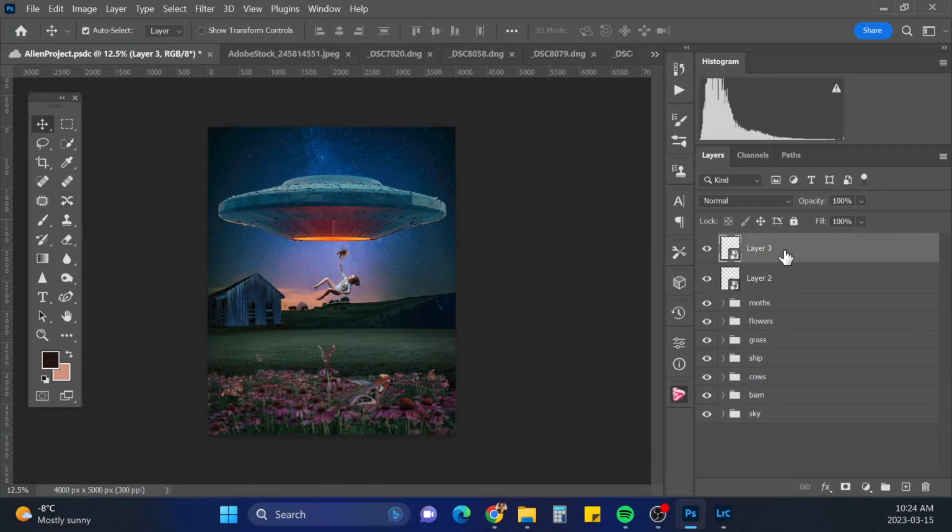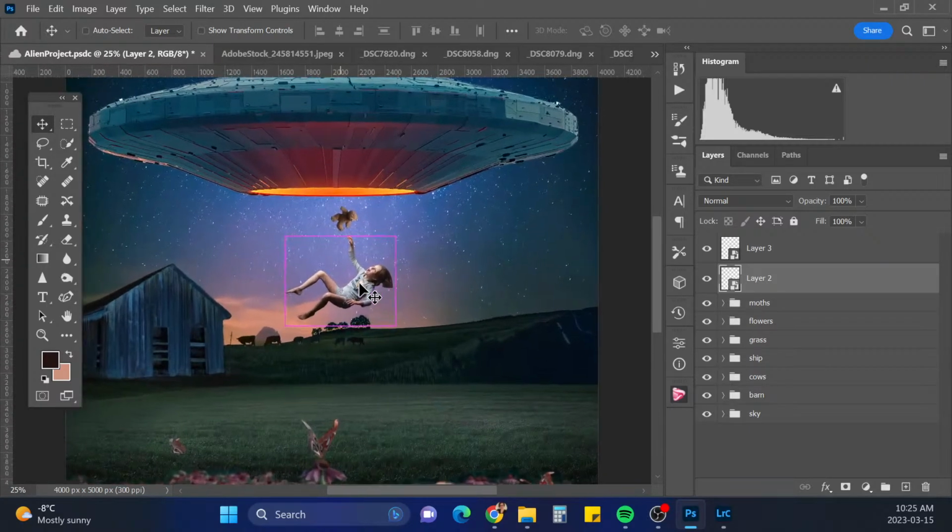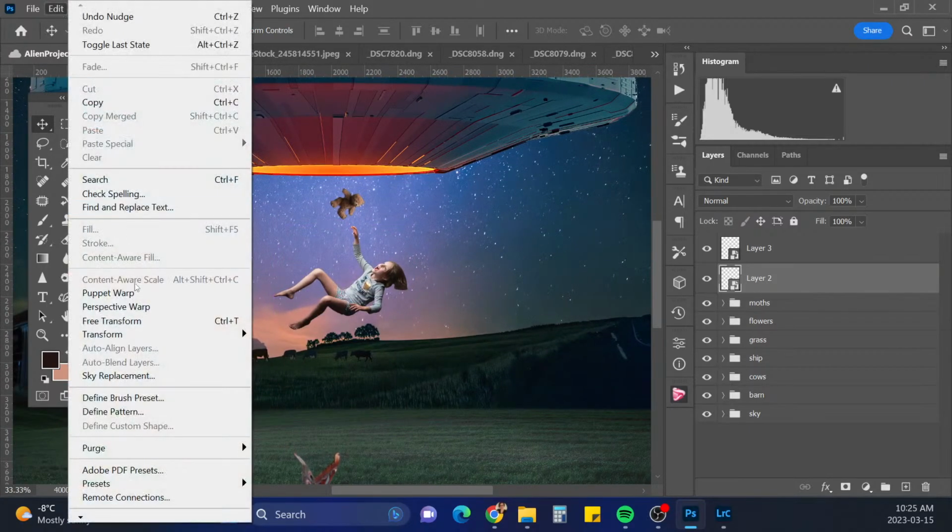And Teddy. I'm probably gonna have to kind of rearrange her a bit. So maybe I'll play with that. We'll do the puppet warp and kind of play around with that.